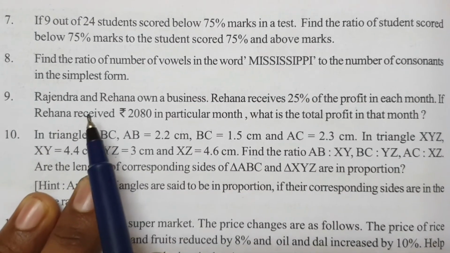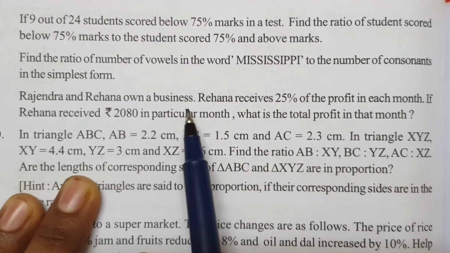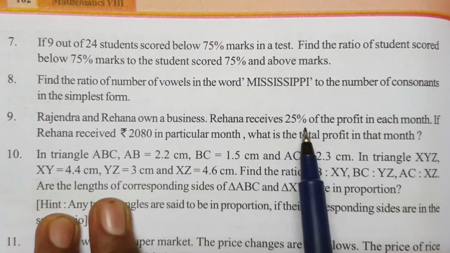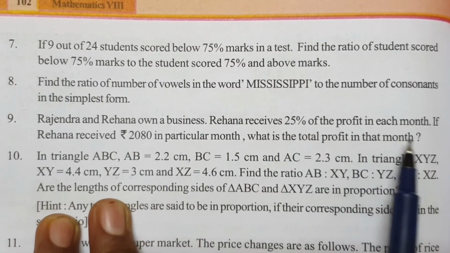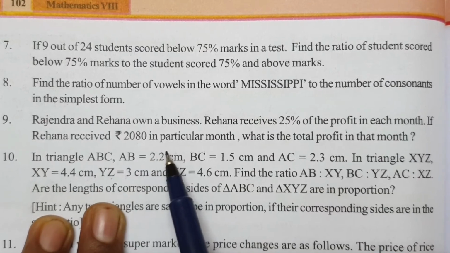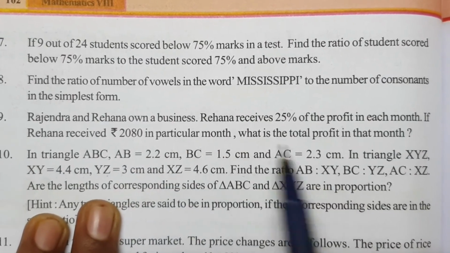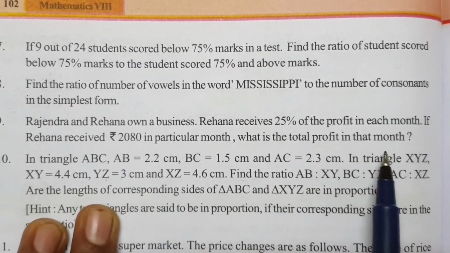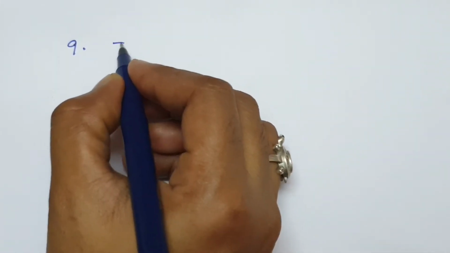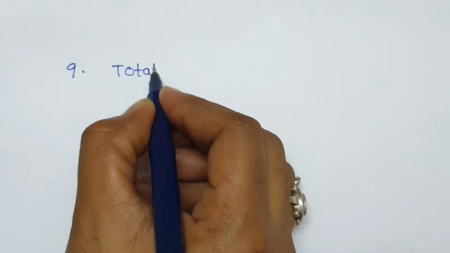Ninth question. Rajendra and Rehana own a business. Rehana receives 25% of profit in each month. If Rehana received 2080 in a particular month, what is the total profit in the month? See this answer. Answer, total profit